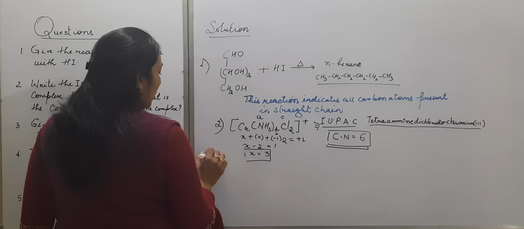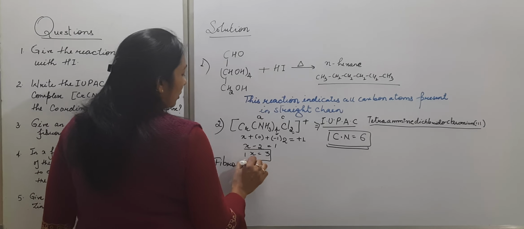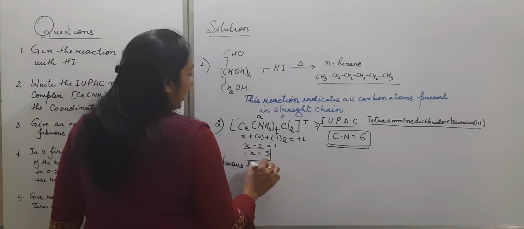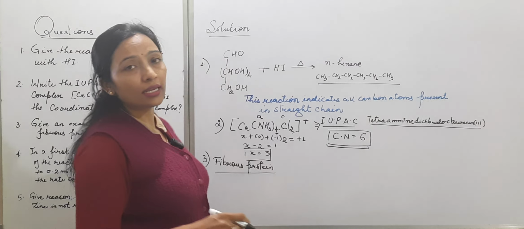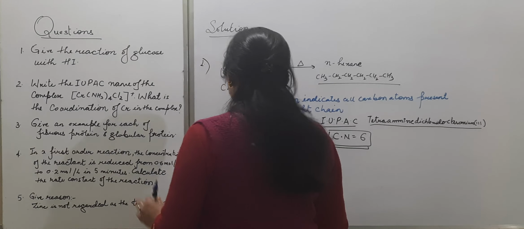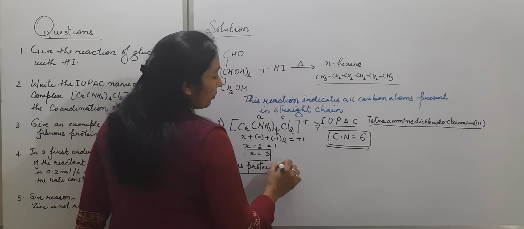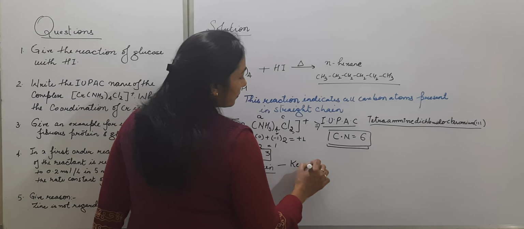So answer 3, fibrous protein, and we are having examples from our body: keratin in our hairs and myosin in our muscles. As we have to write only one example, for fibrous protein we will write keratin, which is present in our hair, and then we have to write about the